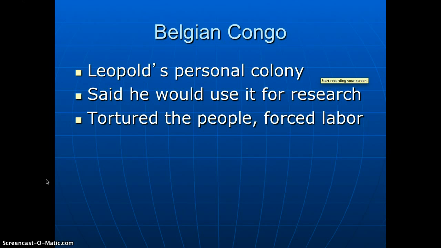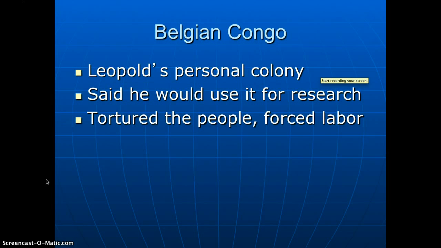There's a lot of resources like rubber, for example, and diamonds and gold. So with that, they treat the people of Africa who are forced into the labor very roughly, and they are tortured and they are intimidated. You'll read in a document, for example, that a man's family gets kidnapped and they won't release the family until he produces enough rubber for the Belgian officers. So this is not what Leopold said he would originally do with that colony.